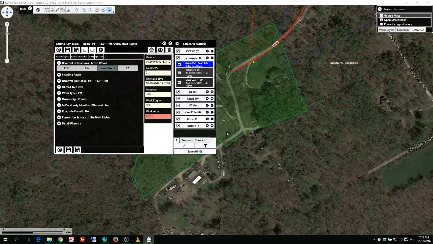you'll notice that what has actually happened behind the scenes is not only did it give me that one apple tree, but it also identified that there were 2 other trees, a brush record and a parcel record, all related to this apple. And so this is a tool that you can utilize to quickly identify all the related features